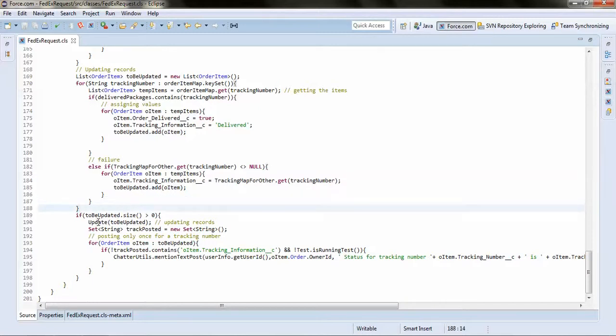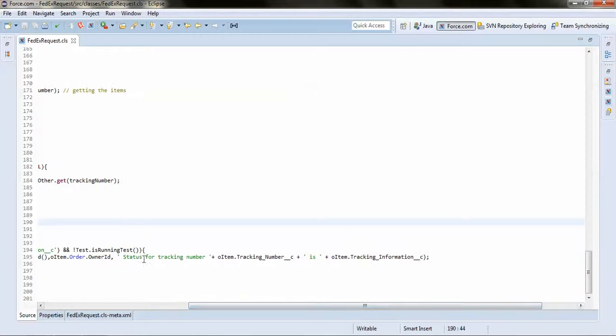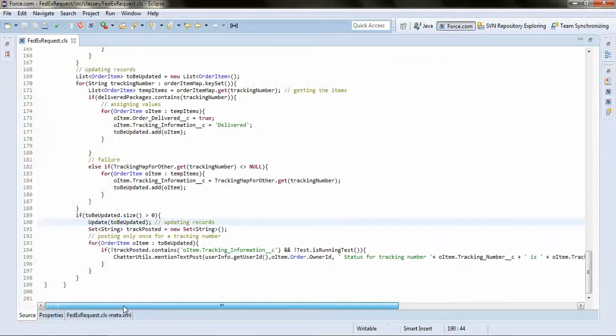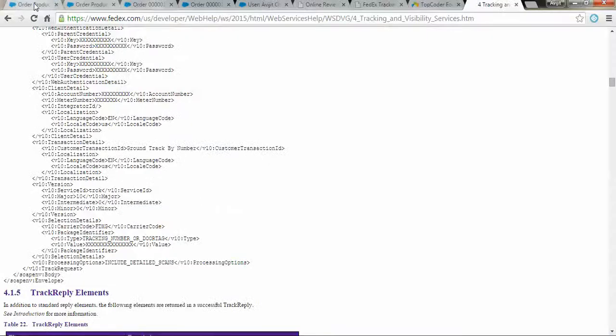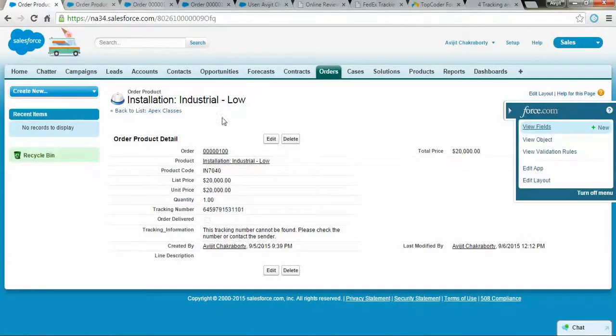When the size is greater than 0, I am updating, and then I am doing a chatter post here using Connect API, and this is the string being sent. So this is all about the code, and here I have shown the functionality.